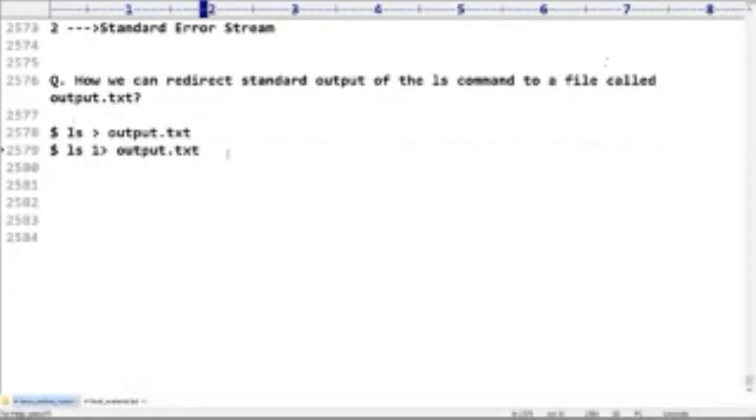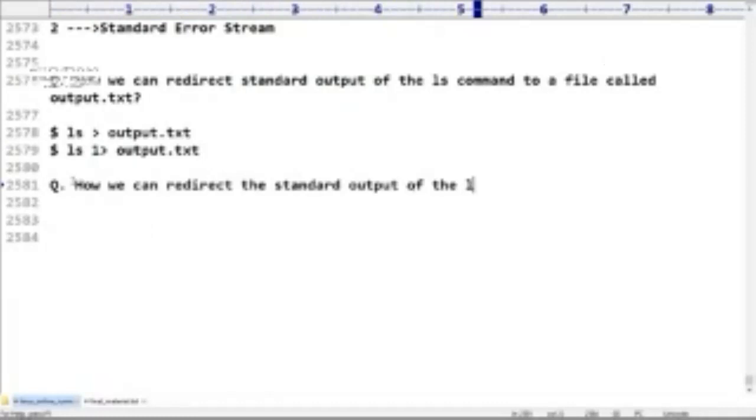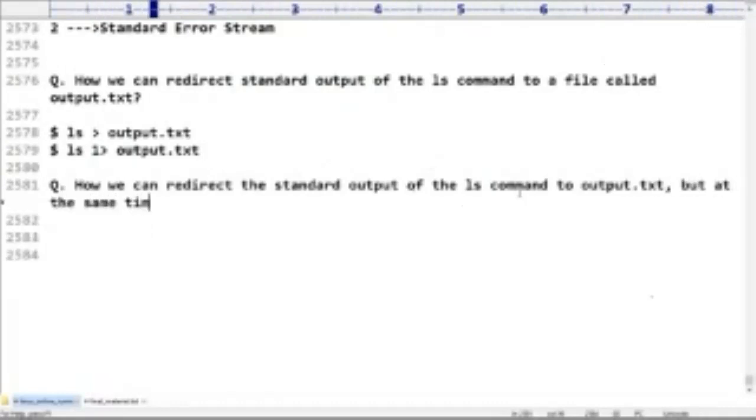Next, here my next question, take special care. How can we redirect the standard output of the ls command to output.txt, but at the same time redirect standard error to error.txt?